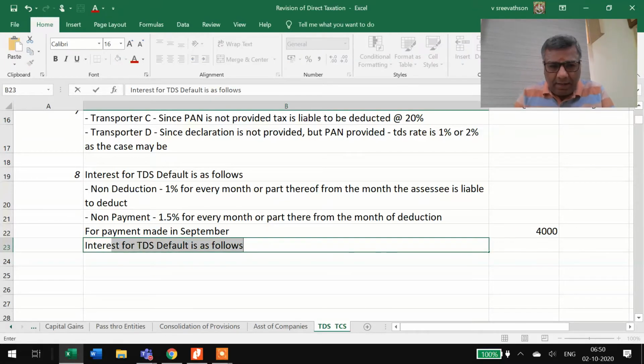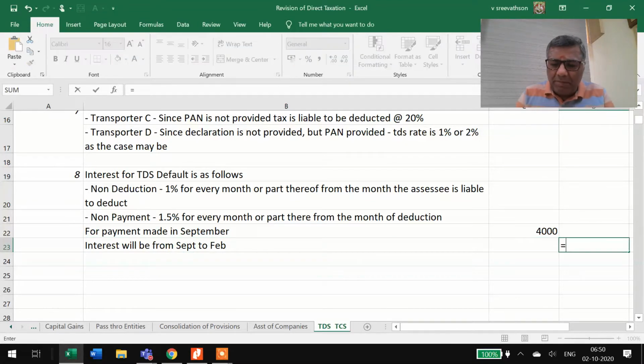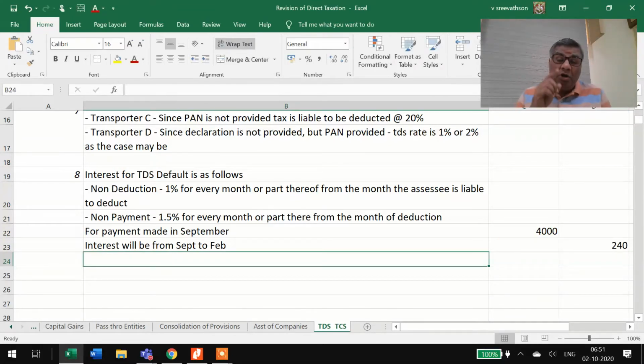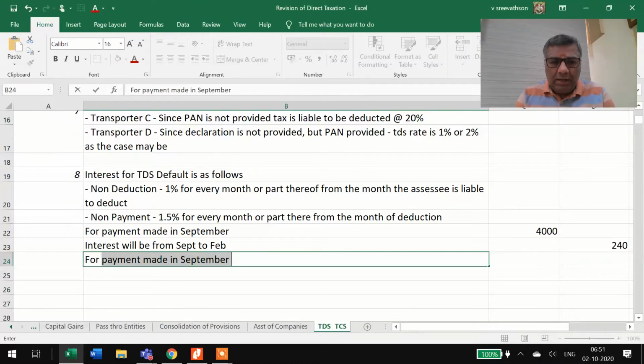Interest will be from September to Feb, 4,000 into 1% into 6 months. Normally we paid in September or October, but when calculating interest, it is not from October, it is from September. For deducted